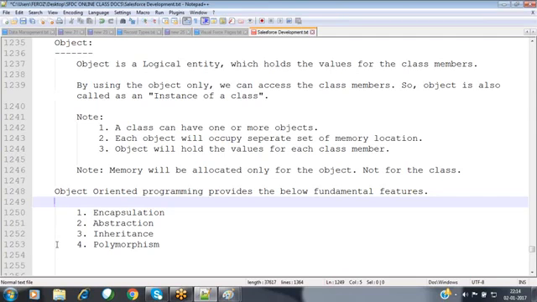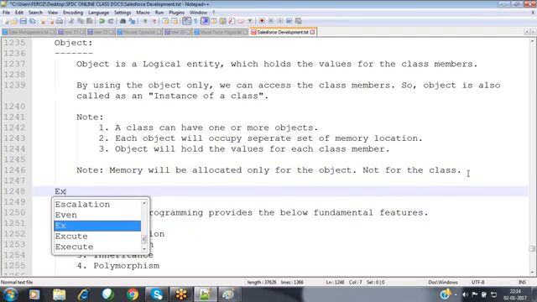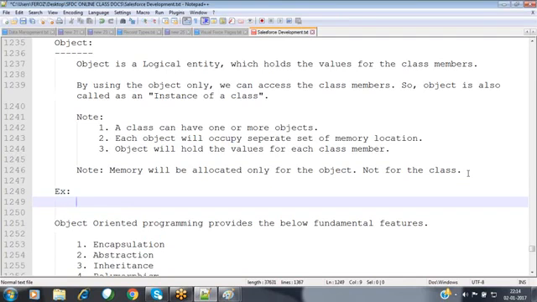Now what are the various object-oriented programming languages that we have in our industry? For example, there are so many available. Smalltalk is the world's first object-oriented programming language that we have.